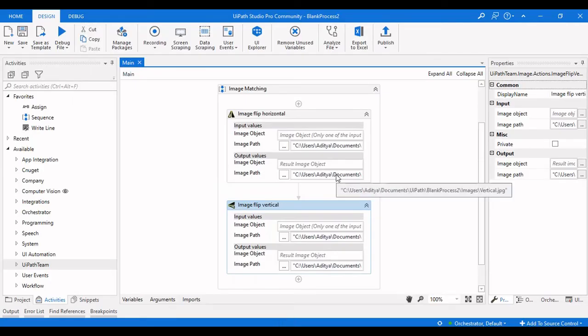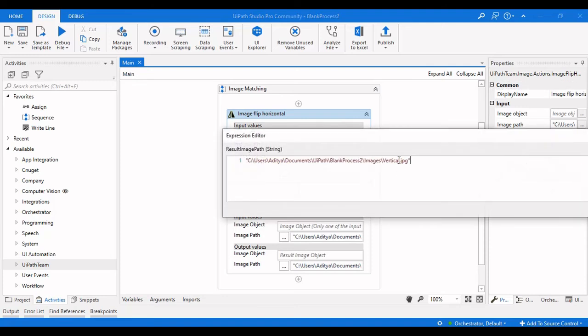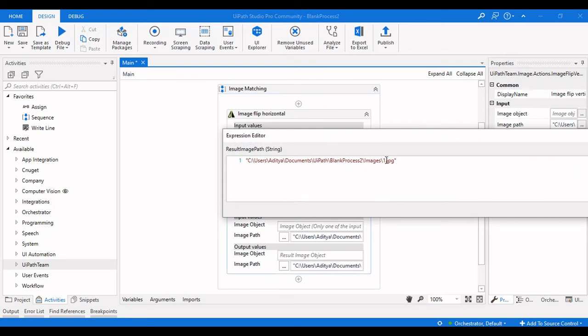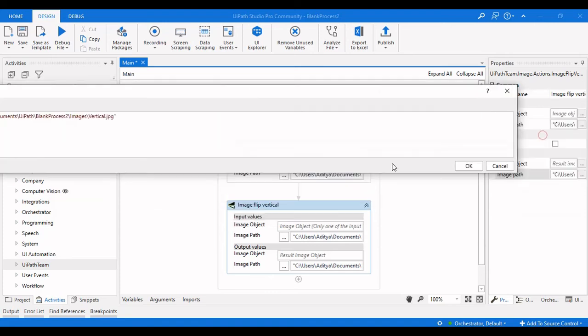Now let me pass it correctly. It is horizontal.jpg, and this is vertical.jpg.